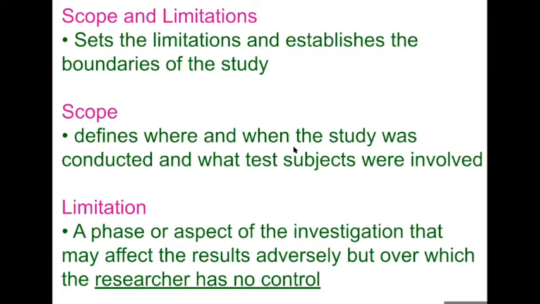Meaning when you mention the results of your study, you have to mention that in between June and July it rained, or in between April to July it rained. You have no control over that. Or there was a storm and therefore you were not able to collect data because there was a storm during this period. That's part of the limitation. Okay, next.